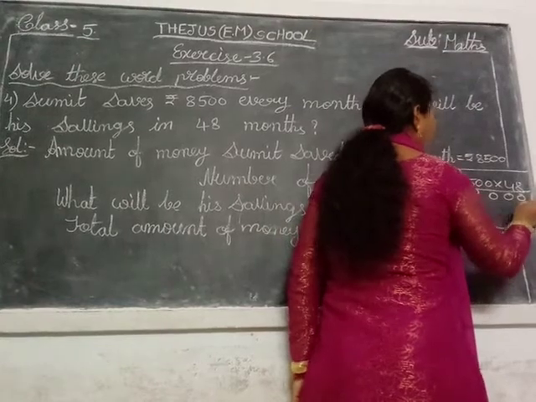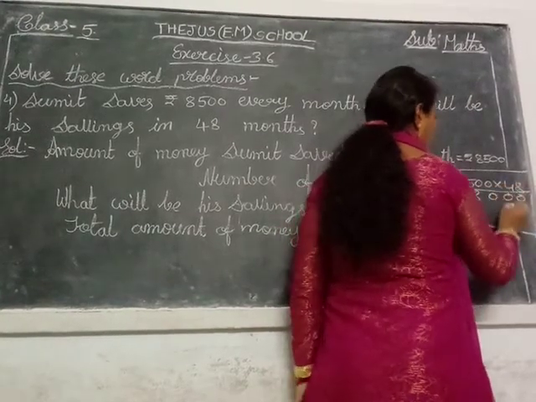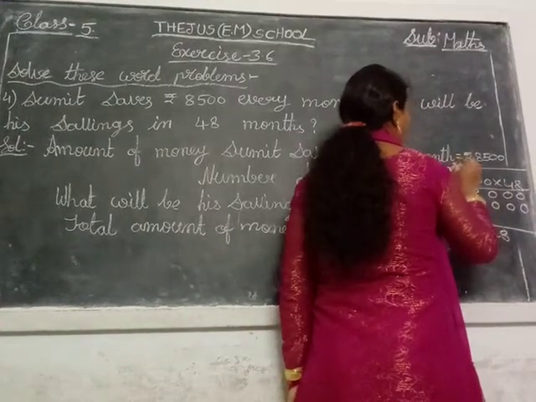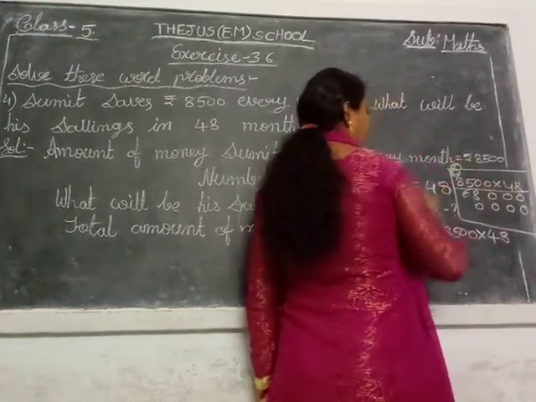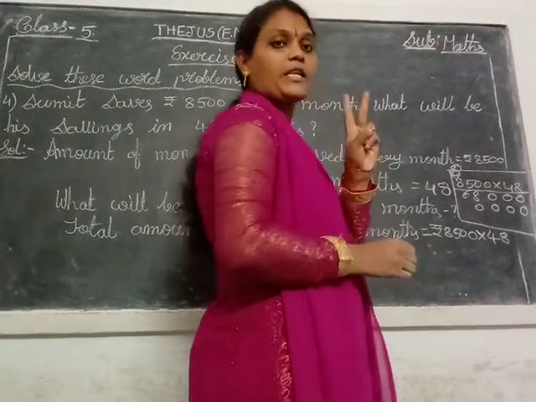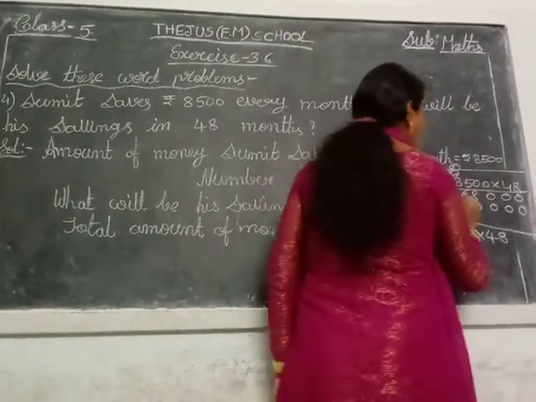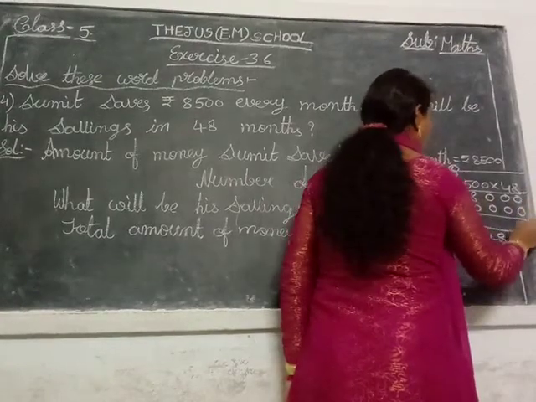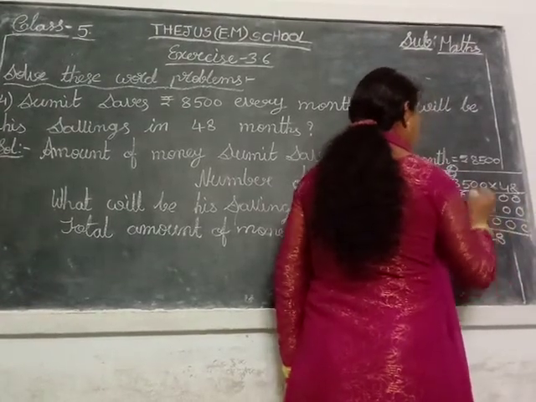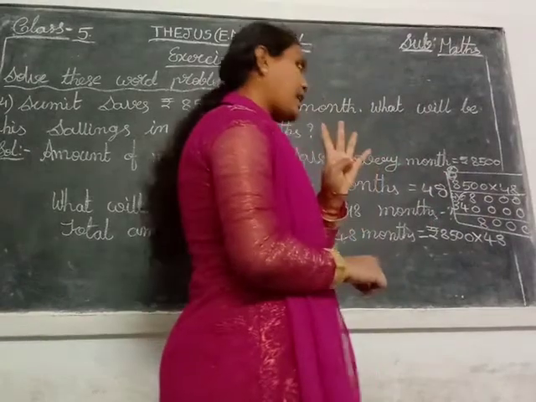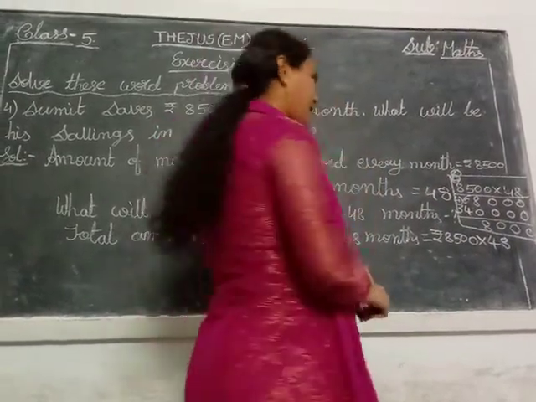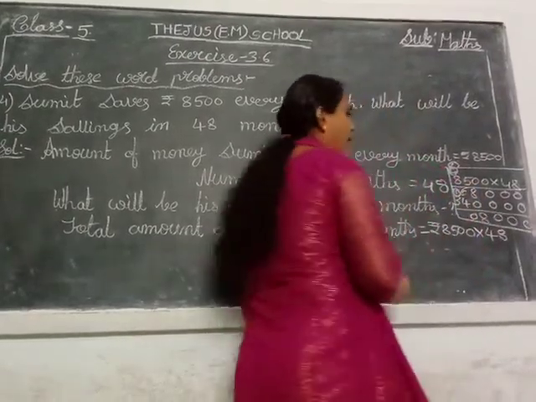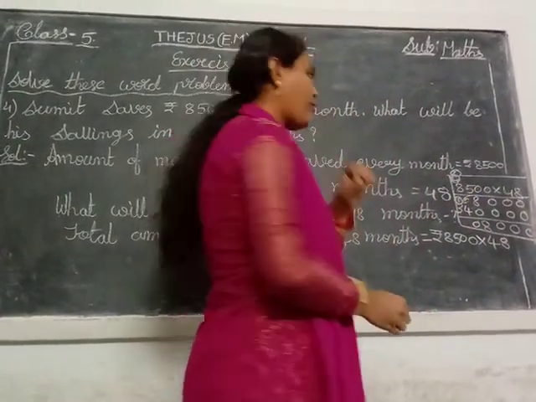Now ones place completed, put the 0. Now tens place, 4 5s are 20, 0 here and 2, next number upside. 4 8s are 32, keep in your mind, take 2 fingers, 32 after, 33, 34. So 3 here and 4, 6 downs. Add these numbers: 0, 0, 0, 8, 6 keep in your mind, take 4 fingers, 6 after, 7, 8, 9, 10. Double digit number, children. So 0 and 1 here, 1 keep in your mind, take 3 fingers, 1 after, 2, 3, 4.